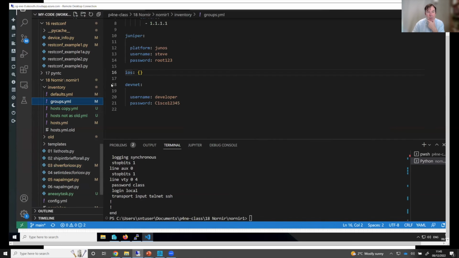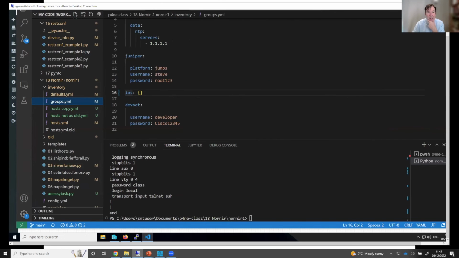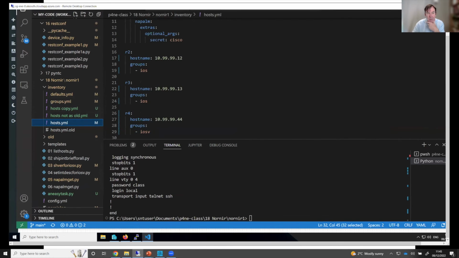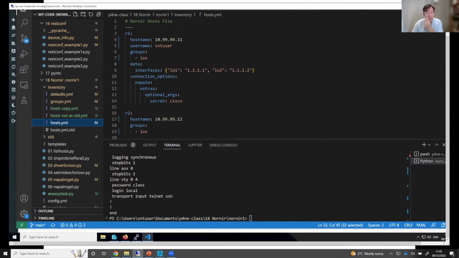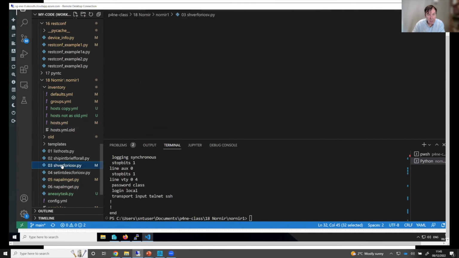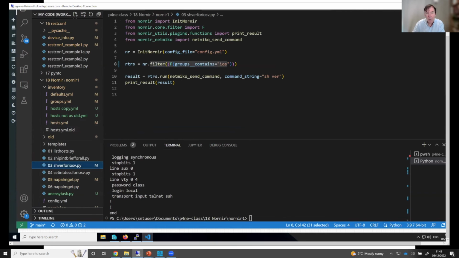If I go to the groups file, what are the iOS devices? The iOS devices, sorry, are in the host file. Okay, router 3 is in the iOS group, router 2 is, and router 1. So I'm only going to run it on 11, 12, and 13. So if you look at this, this is pretty easy code to say I only want to run it on those, and I'm going to run show ver. So if I run this code,